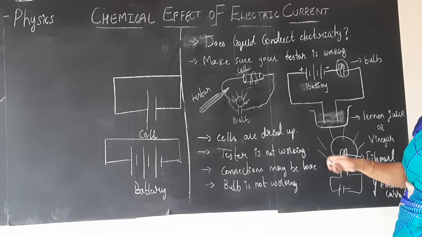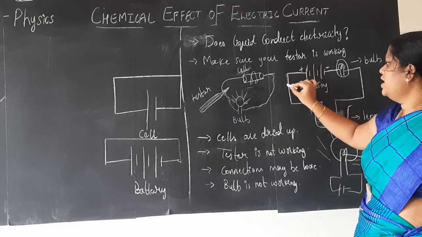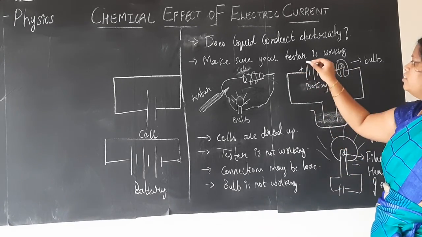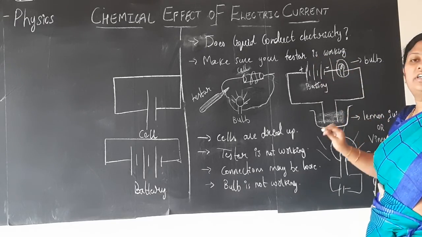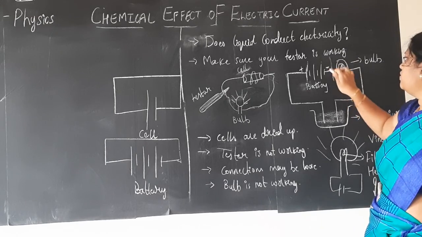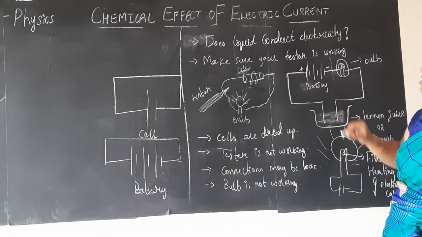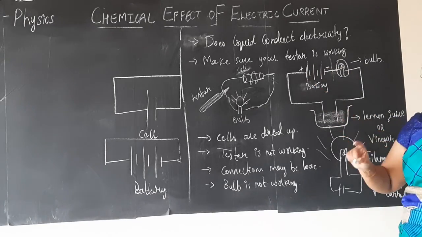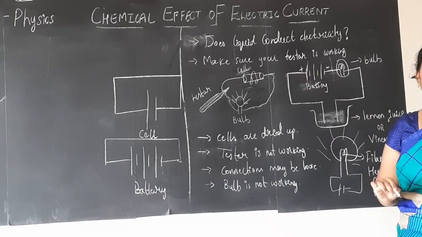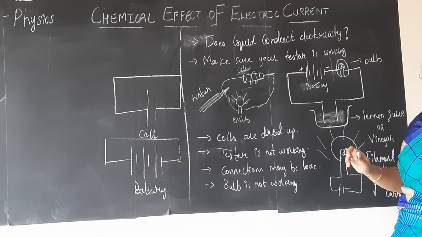And one more thing, when you are making such circuits, children, always one end should be positive and the other end should be negative. You cannot start with positive and end with positive, then the circuit will not work. Okay? So on one side positive, and on the other side you should show a short line, which means negative. I have written here positive, negative, and it is a battery. And this line is the conducting wire, the normal copper wire you use. Here we have the bulb.